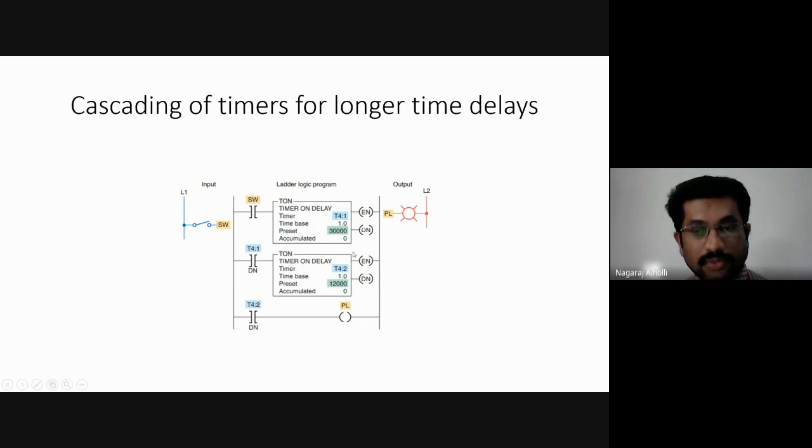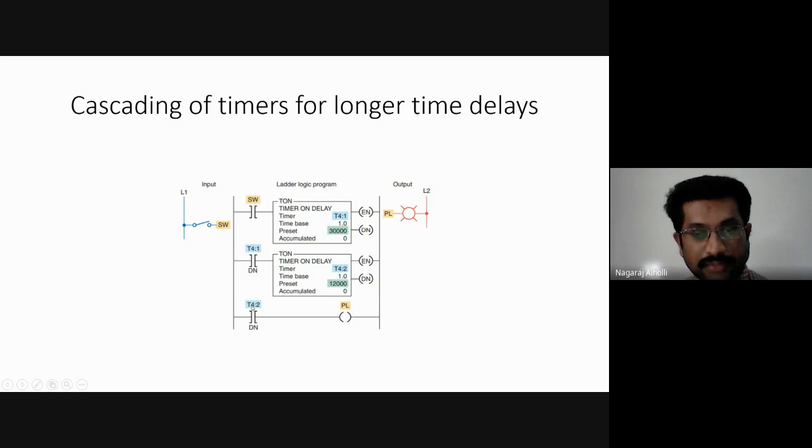Right? So what is the total time it has counted? 42,000 seconds. This is 30,000 plus 12,000, so it is a total of 42,000 seconds. Then the done bit will become 1.